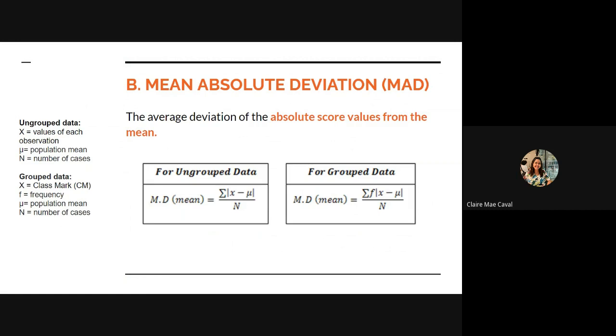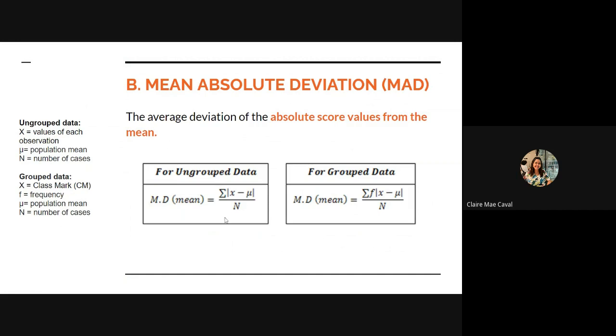Okay? So again, yung class mark, for example, yung class interval is 10 to 19. So the upper limit is 19. You add it with the lower limit 10 divided by 2, which is 14.5. That is your class mark. Okay? And small f stands for frequency. Okay? Of course, class, these formula are for your population